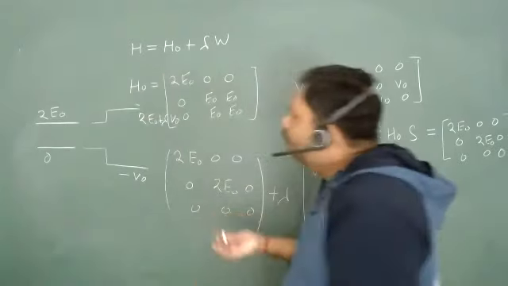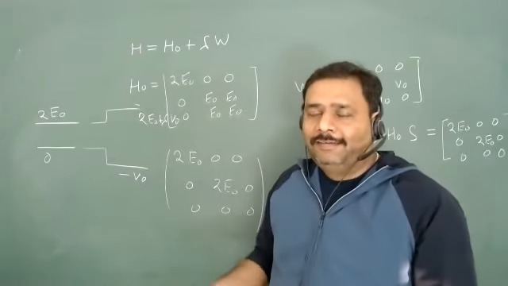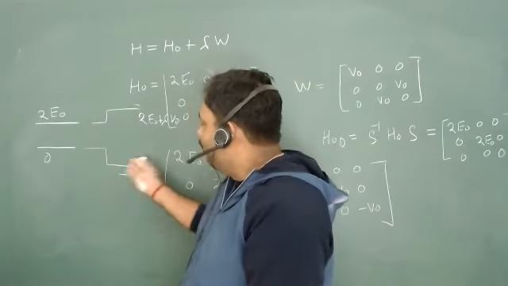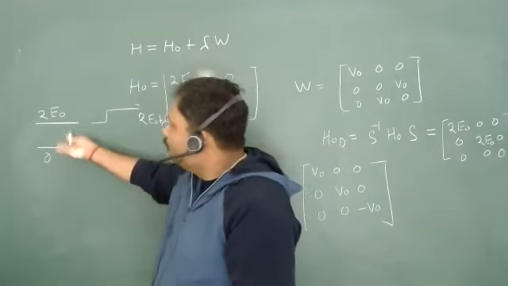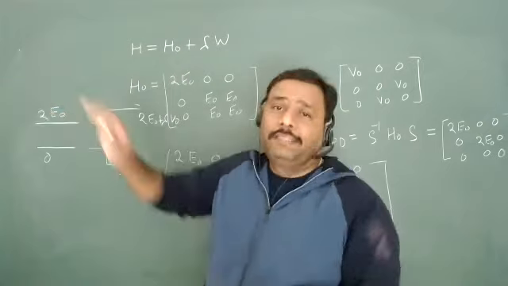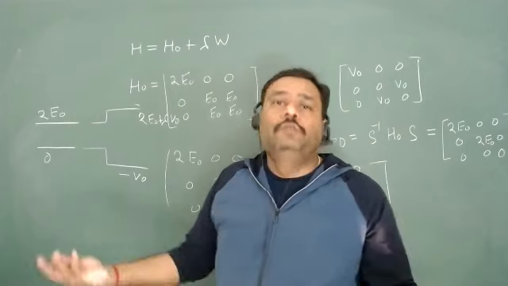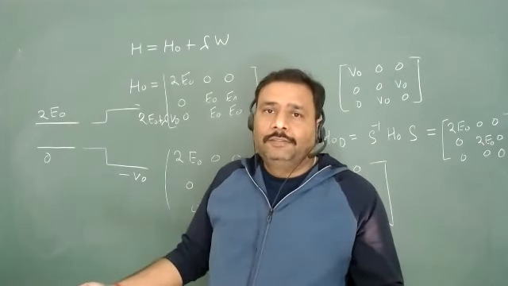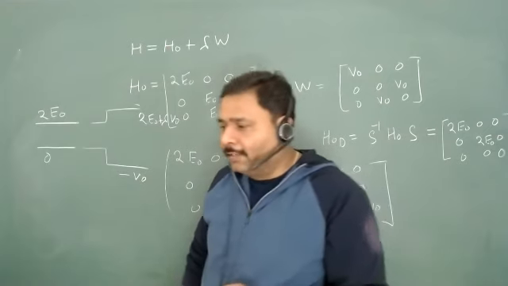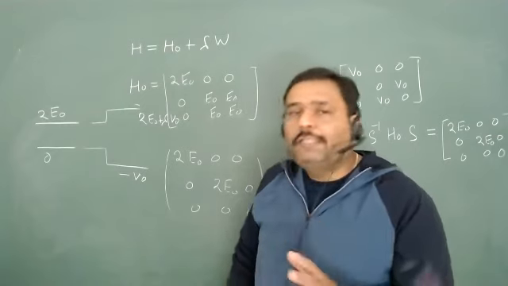So what are we doing? Nothing. Actually, it is such a bad perturbation that it also disturbed the non-degenerate part, and it is not breaking the degeneracy. It is not breaking the degenerate part and disturbing the non-degenerate part. What is the use of this particular matrix? Not any use. Are you getting my point? Yes, sir. So what is the use of perturbation?